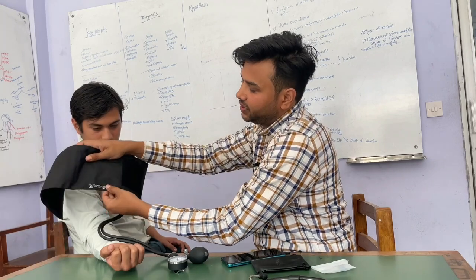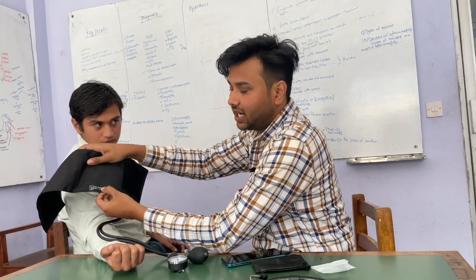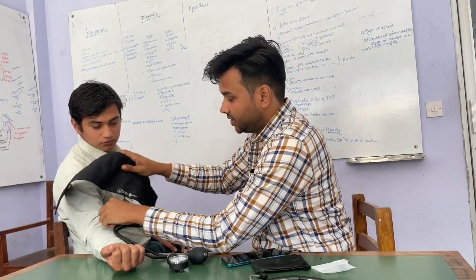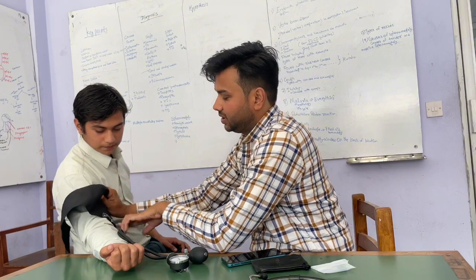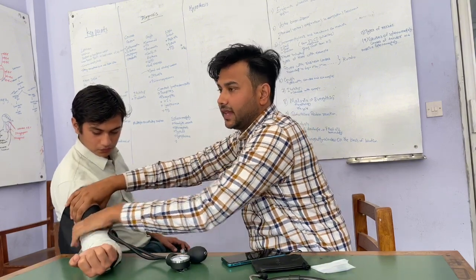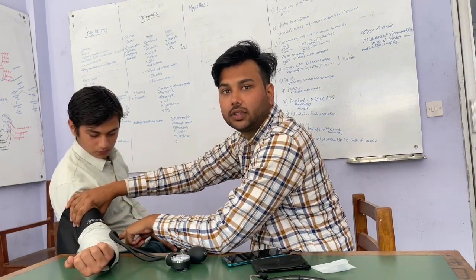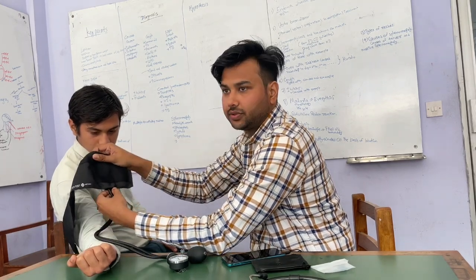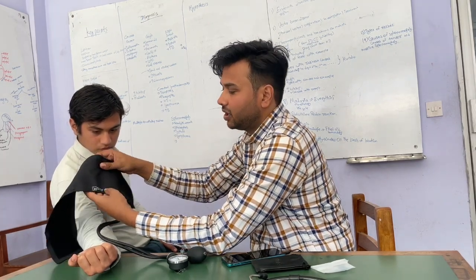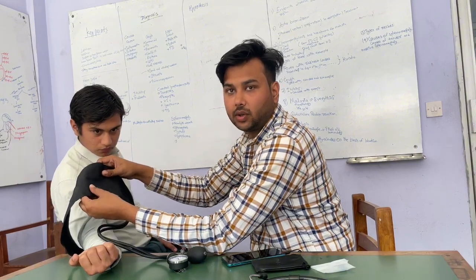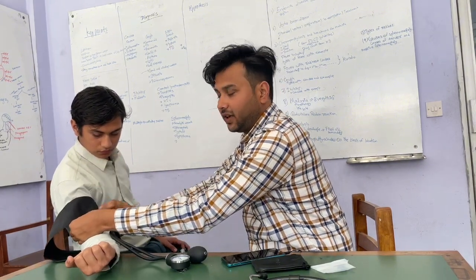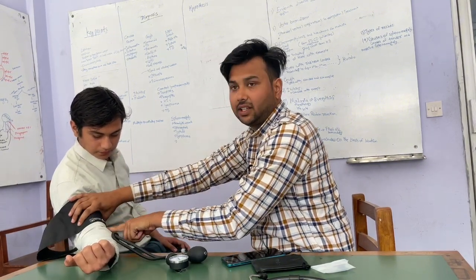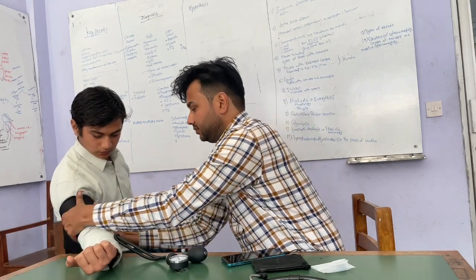There is an indicator within the BP cuff. So this is called the artery indicator. The artery must be at this position. Okay, so his brachial artery is here. So this should be somewhere around here. It depends upon the cuff. Some companies' cuff indicator is somewhere around here, in between the two tubes, and some companies' indicator is somewhere else. So if there is an indicator for the artery, keep that indicator just at the brachial artery, and then wrap